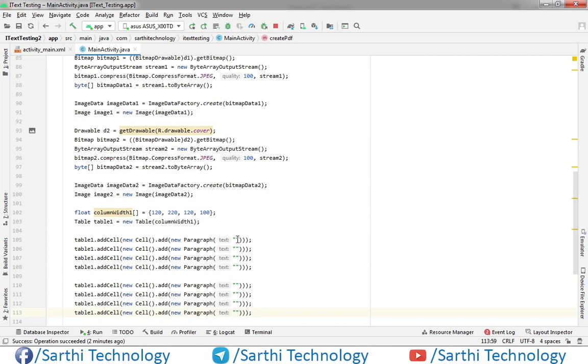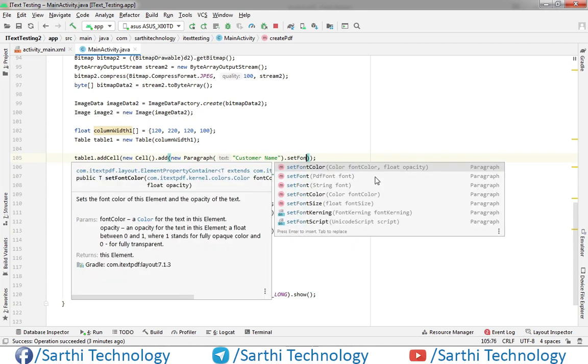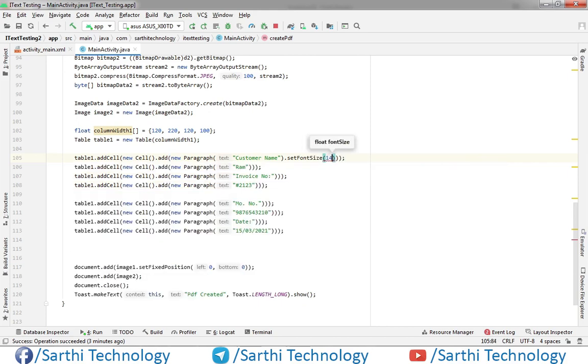Now let's add the values here. So we have this table, and let's change its font size and other decorations. First let's change the font size, and it will be 14.